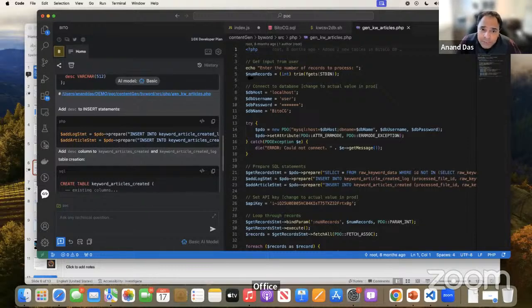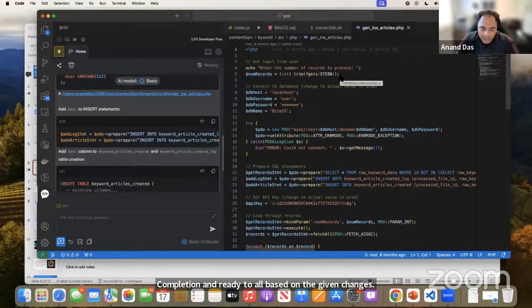Now, one of the questions that Jim asked is, one feature needed for code generation in editor, right, is ability to modify the completion and redo all based on the given changes, right? The reason why this is not available, Jim, is a couple of things. It's not that it's not possible, but the reason why it is not available is because you need to have some kind of interaction to,